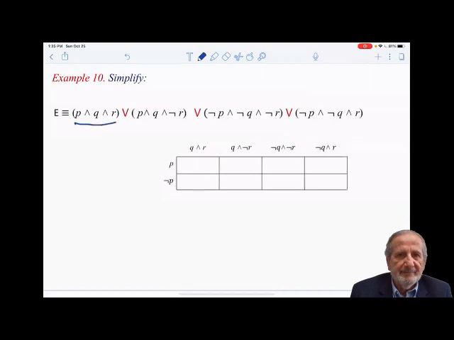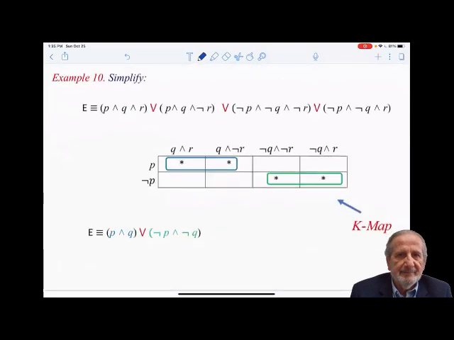You have P and Q and R right here. P and Q and not R right here. Not P, not Q, not R. Not P, not Q, R. So obviously now you have to take these two together and you have to take these two together. Okay? So the green, when you take these two together,